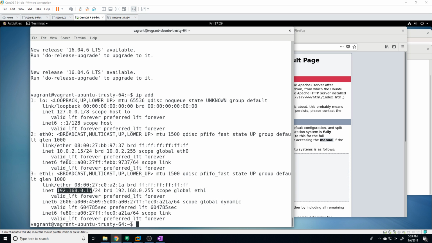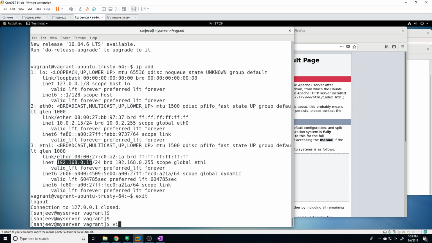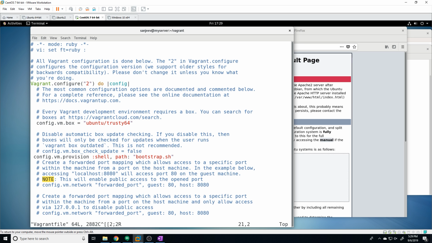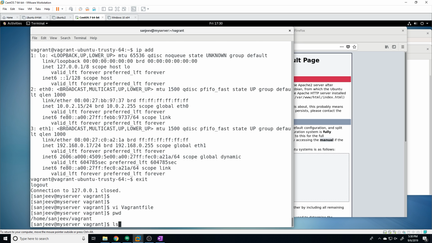I don't know if that was confusing or not for you guys, but let me just recap exactly what we did. So the first thing that we did was, under the Vagrantfile, we put in this line right here, which basically tells it that when we provision a new box, a new virtual machine, we want to load the bootstrap.sh bash script that we've configured, and this bash script has to be located inside my Vagrant directory that I created on my host machine. So if we exit out of here, you can see we're in the Vagrant directory, and you can see the